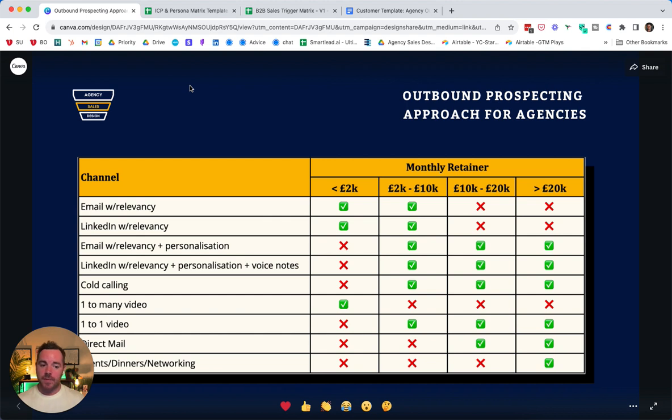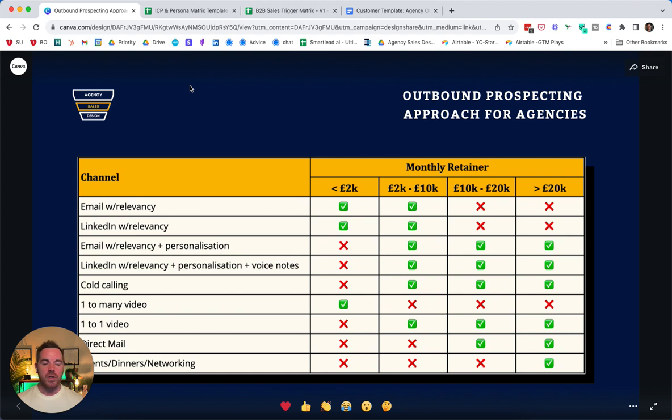So this is why I typically recommend that you only start to use direct mail when your retainers are going to be 10 to 20k per year, because again, you have that budget from your cost per acquisition to be able to reach out and spend more time researching a personalized gift to send to people. I generally don't recommend sending a gift card for Uber Eats or a $100 Amazon voucher. It's just too transactional. If you're going to do proper direct mail, make sure that you are sending something which is really, really personalized to that individual.